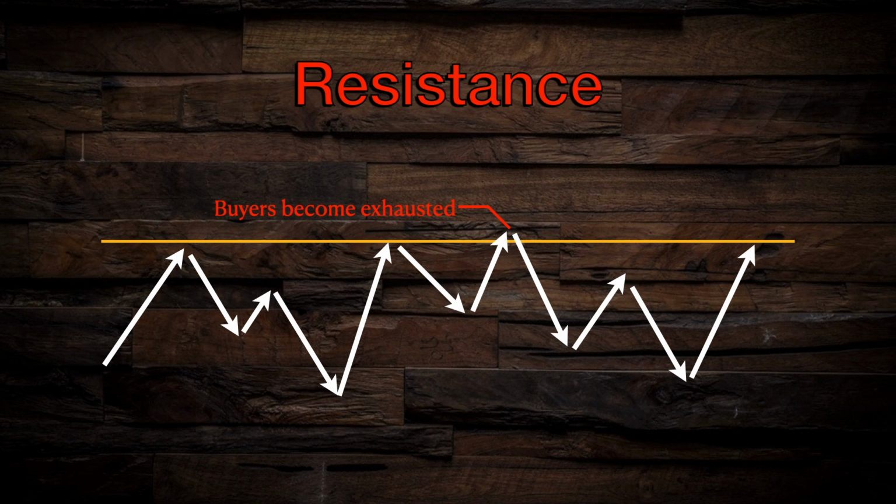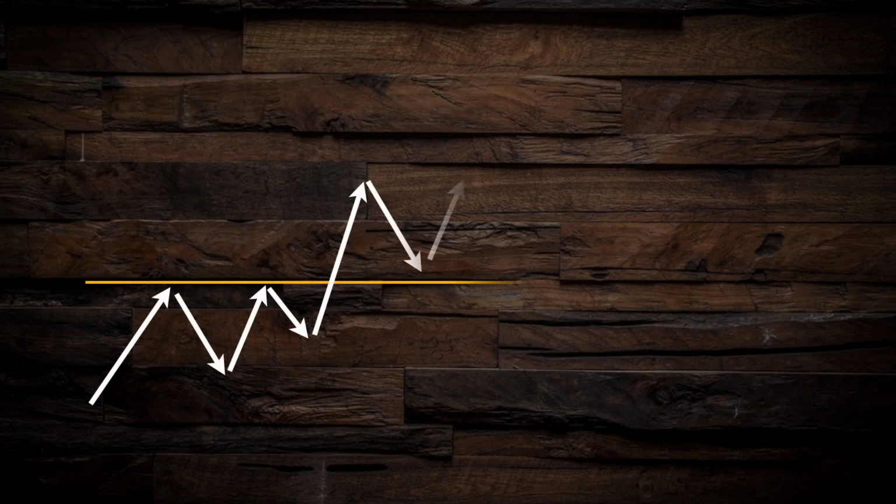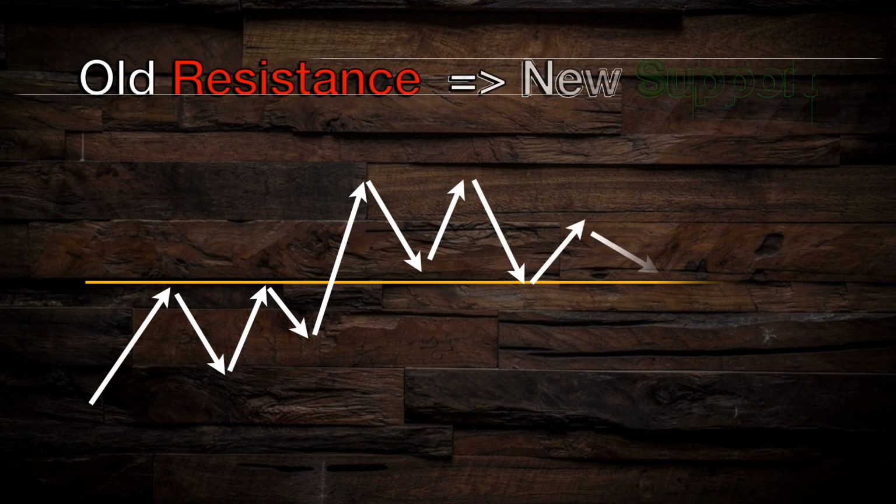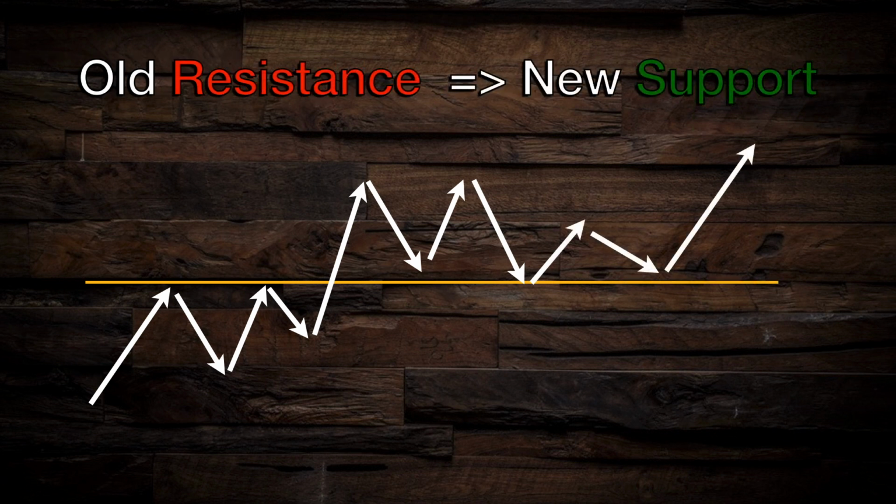The more times that a stock changes directions at a specific level of support or resistance, the more significant we can perceive that level to be. But just because a stock has clear levels of support and resistance does not mean that it cannot break out past those levels at any time. When a stock does break through a level of resistance, that old resistance can become a new level of support